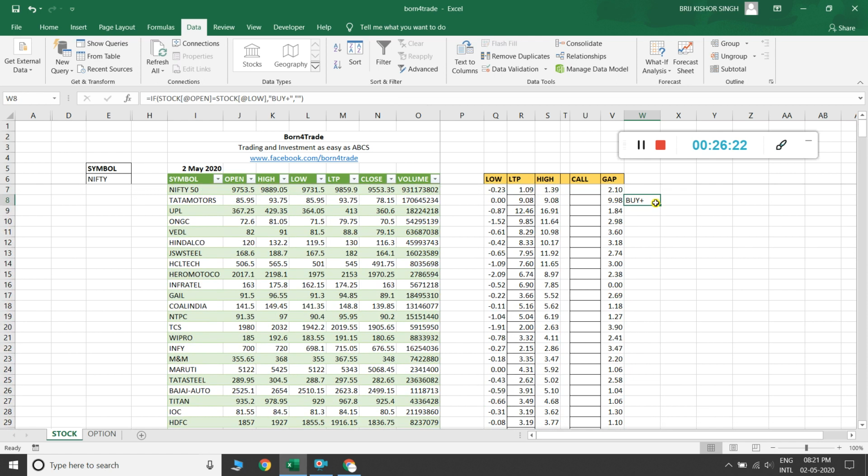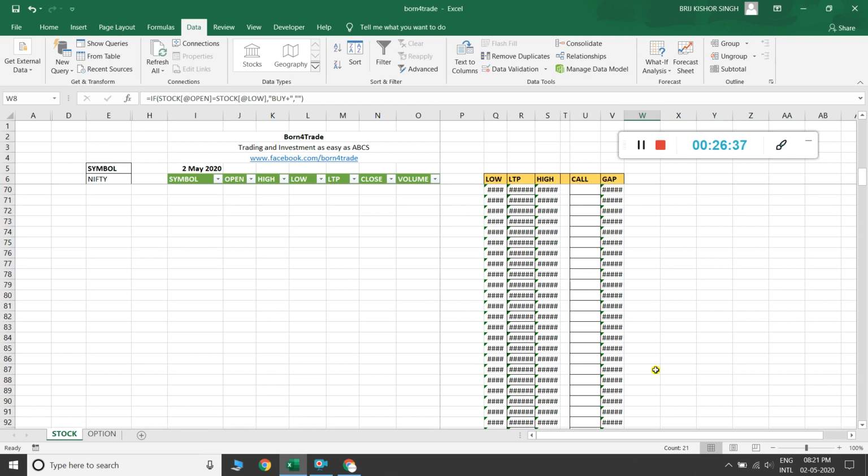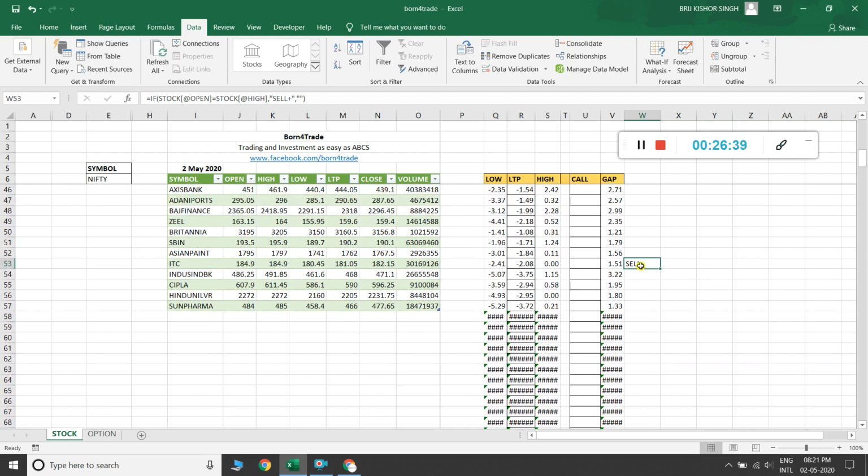If you draw this, then you will find another buy signal here. It only appears as a buy signal, buy plus signal and sell plus signal. Right now I just copy it and paste it here again. High is equal to 0.00 appears here, then I just put here, or just draw this, and here you can see the sell plus signal.